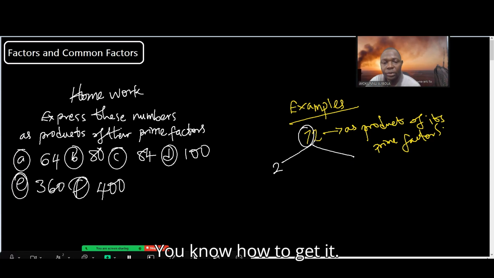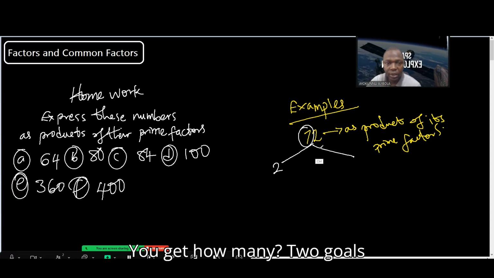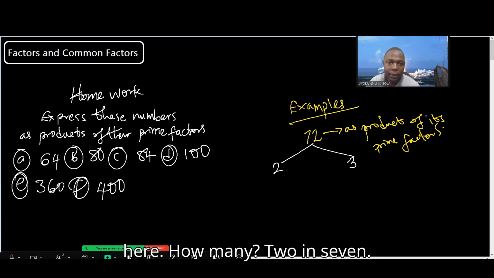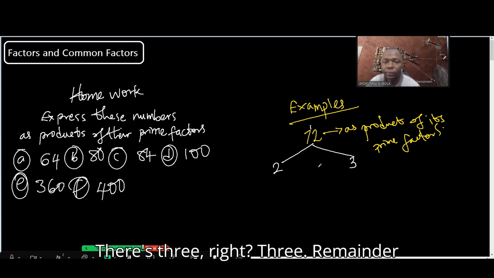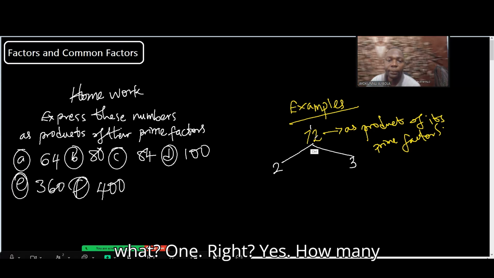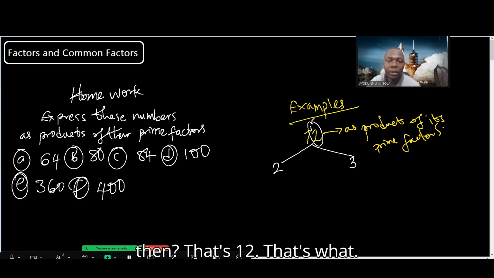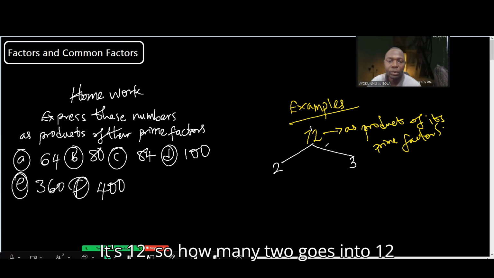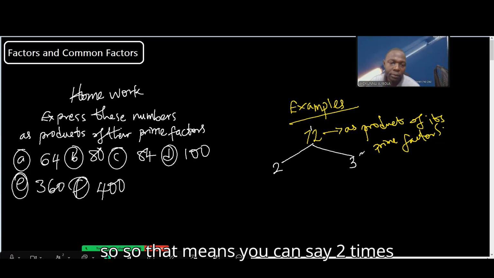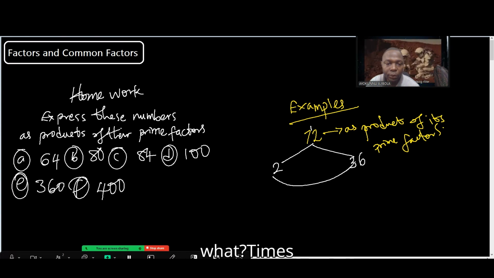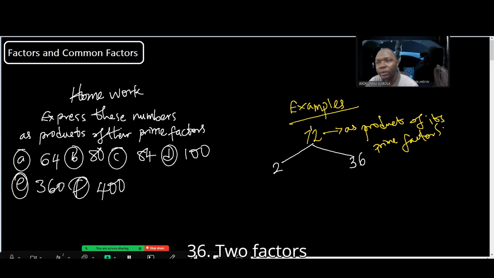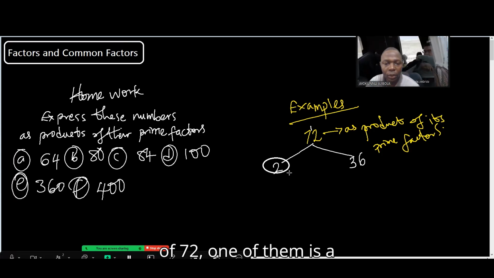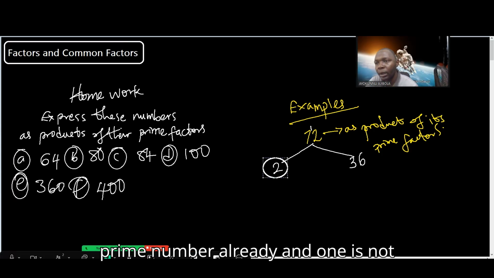How many 2s go in 7? There's 3, right? Remainder 1. Then that's 12. So how many 2s go in 12? 6. So that means you can say 2 times what? Two times 36. Good. So out of these two factors of 72, one of them is a prime number already,